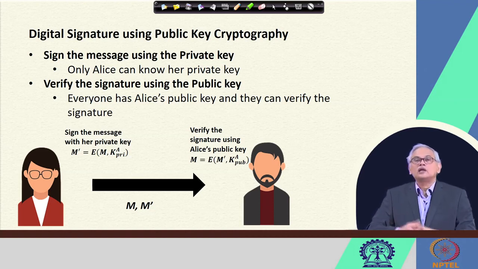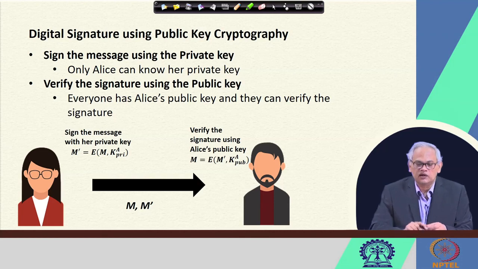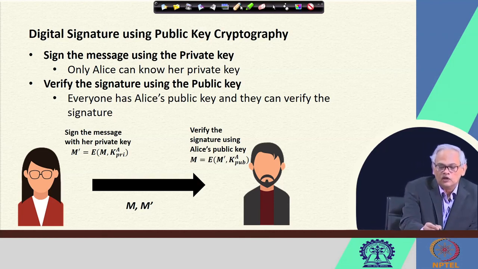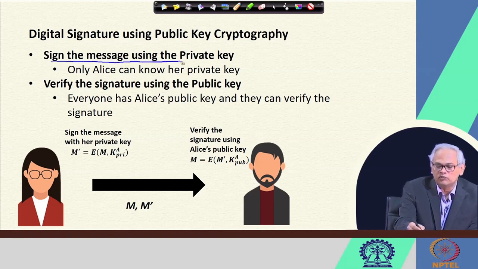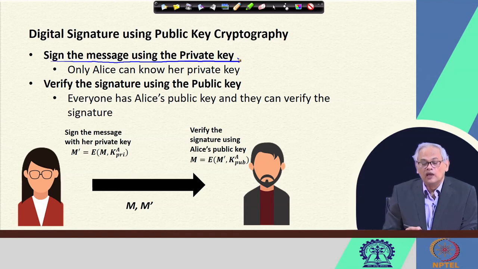That is what we call the digital signature, and for doing that Alice will sign the message. Sign means we can for the time being consider it is encrypting it with her private key,